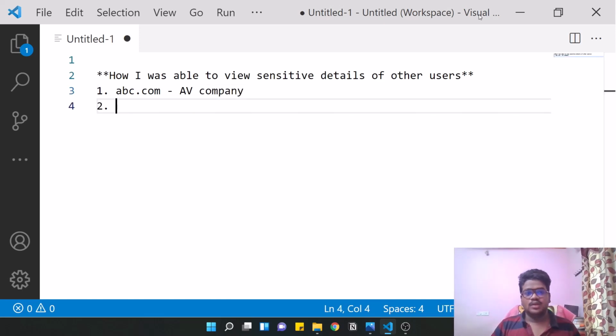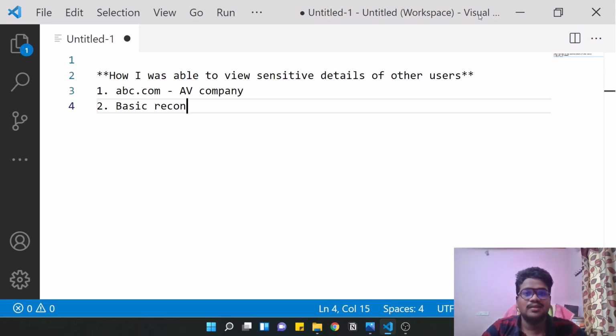When I started finding bugs on this particular company, the first thing I did was some basic recon. In this basic recon, I found out some technologies that this website is using, and I did some nmap scans to find out whether any service versions were vulnerable.